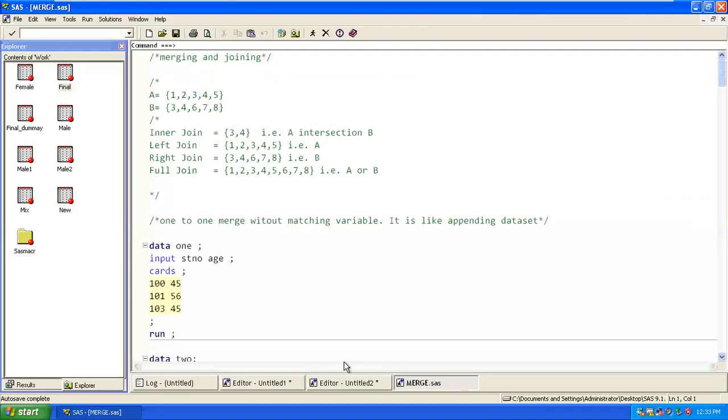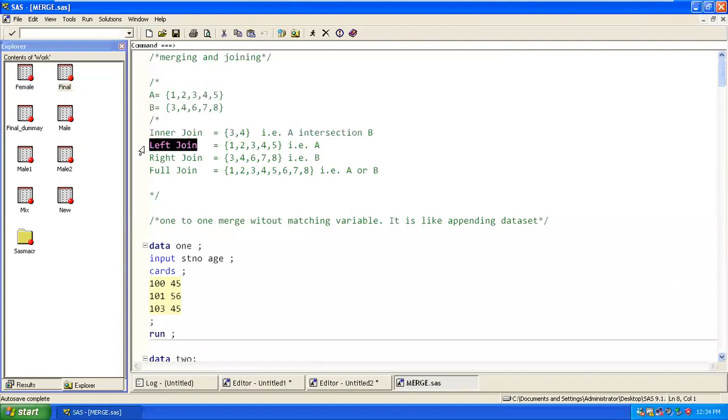I thought so. Now if you look at this, I'm explaining it again, then we'll go with the book. So you have data like this. The first data set is A, the second is B. And if you try to do an inner join, what will happen? You'll get only 3 and 4. This is nothing but the intersection. Correct? Because 3 and 4 are available in both the tables.